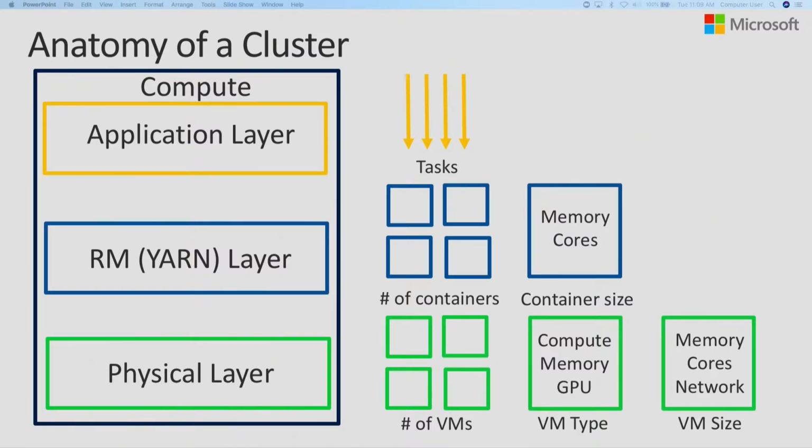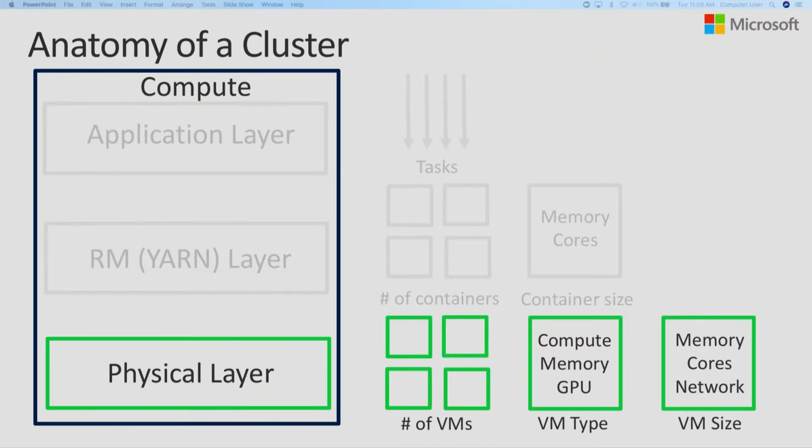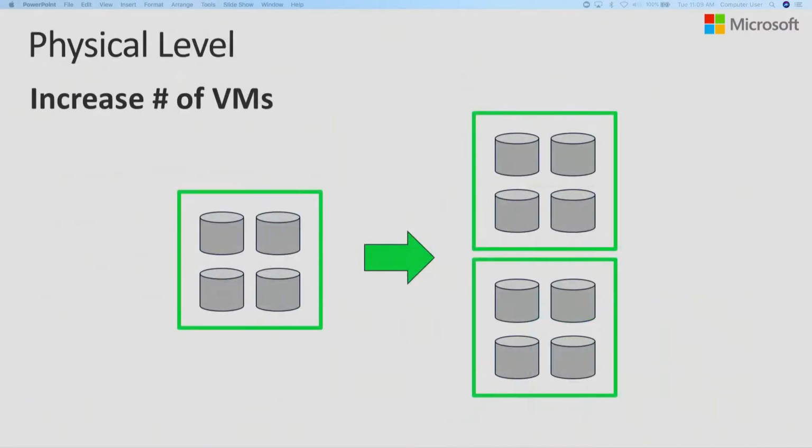So that's how all these things connect together. So the first thing we're going to talk about is the physical layer. We'll start easy here. So the easy thing would be, hey, if we increase the number of VMs that you have, great, right? Because what's going to happen is, imagine you have a VM and you have 4 containers that